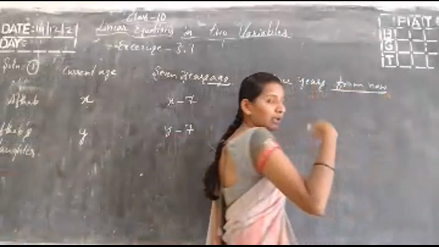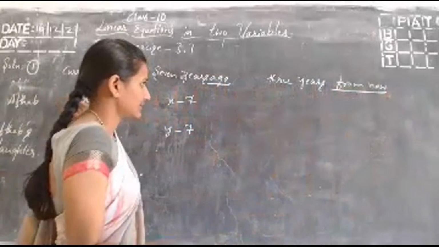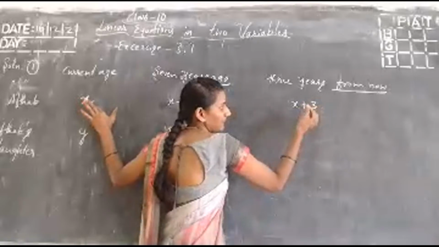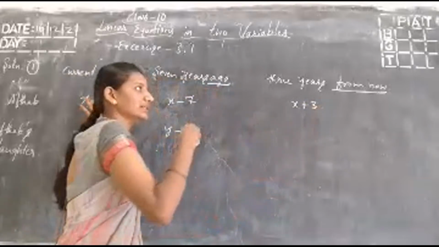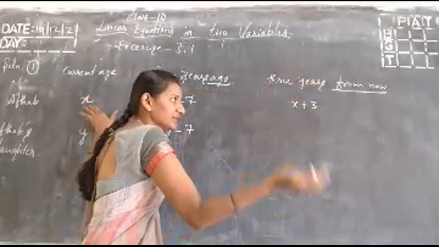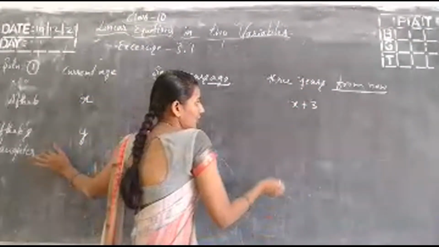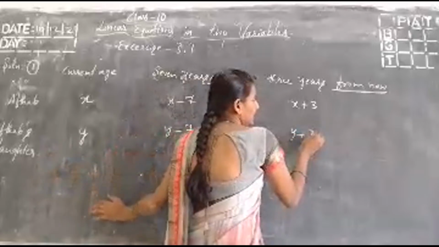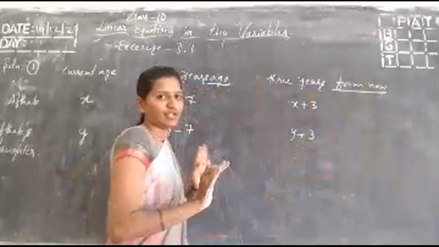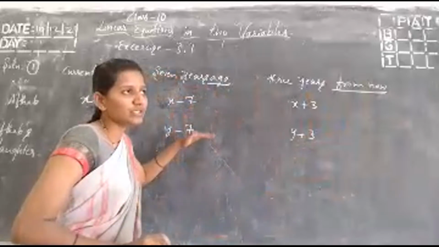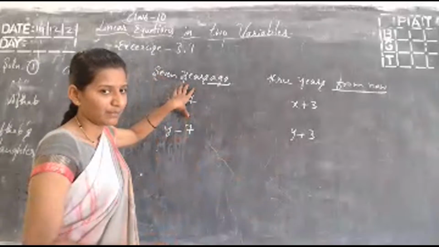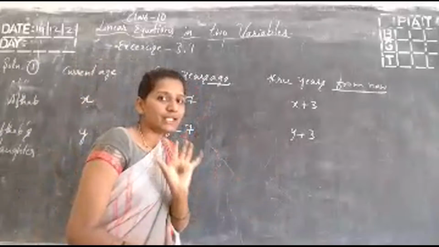From now means later. Current age is x, 3 years later, x plus 3. 3 years from now means 3 years later, after 3 years. So Aftab's daughter's age is y plus 3. Finished. Now by using the given statements and this table, we have to write the equations